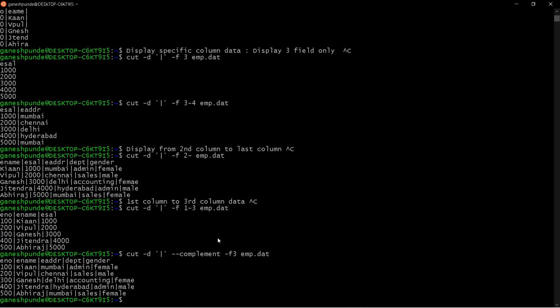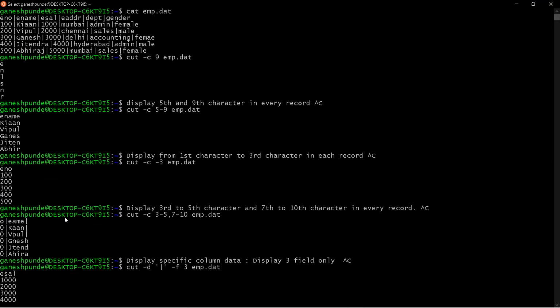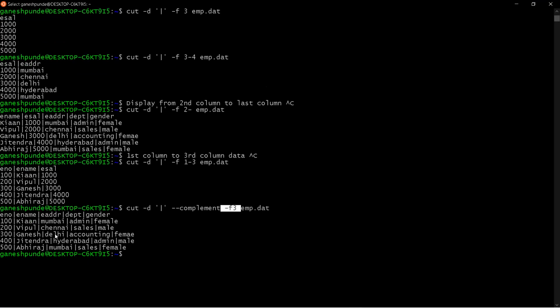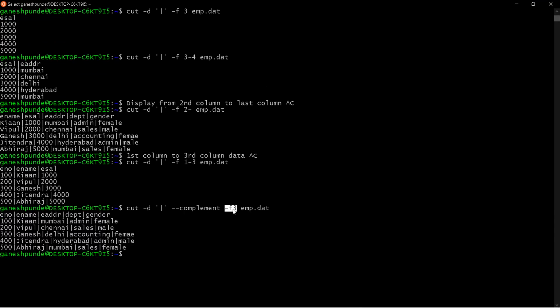So you can see it is ignoring the third field. The third field is the salary. So salary is not there now because I want to ignore the third column. So I specified the third column.